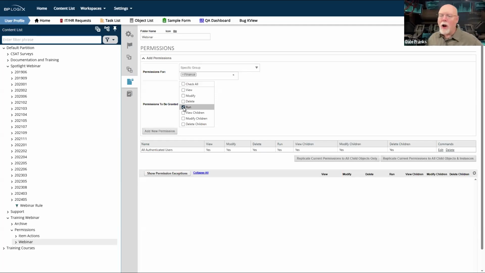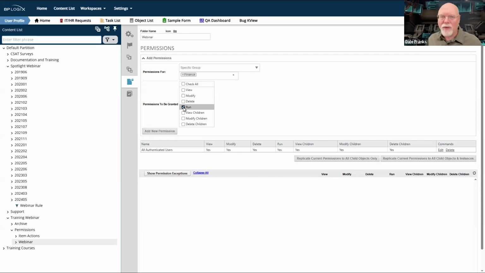So if I give all authenticated users run permission on everything, that would allow them to actually run those objects, assuming they could get access to them. Let's say I gave them a list of forms that I allowed them to run, giving them run permission. And run permission is actually relevant to process timelines, but you generally don't want people just to run process timelines willy-nilly.